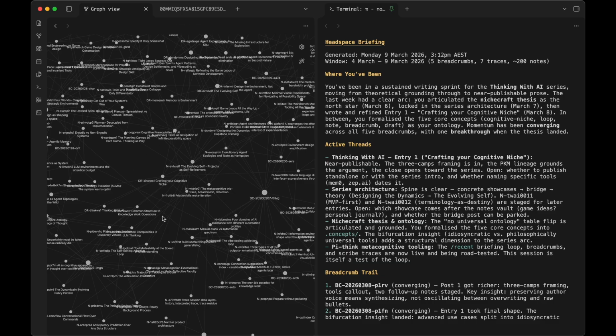And this is sort of a contained vault for thinking where I'm also testing these AI-powered tools for thinking and self-reflection and metacognition in that context. So I'm trying to dog food on the problem domain itself. And you can see that reflected in my notes here. So I've been working on the Thinking with AI series. I articulated my thesis recently and started working on crafting your cognitive niche, which is a post I'm hoping to publish soon that this video should be attached to, actually.